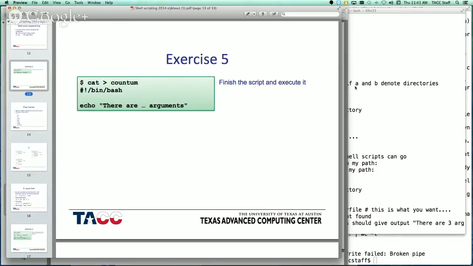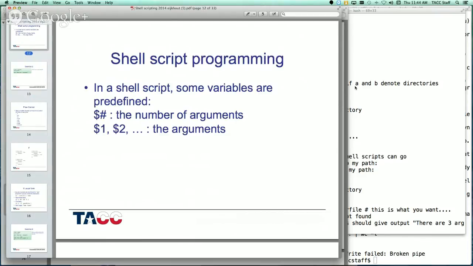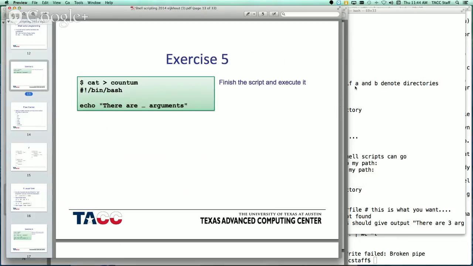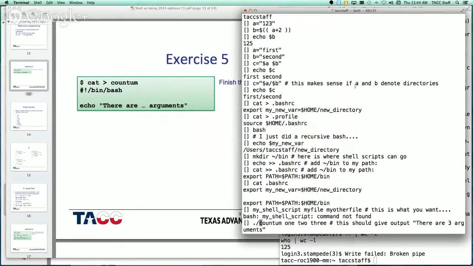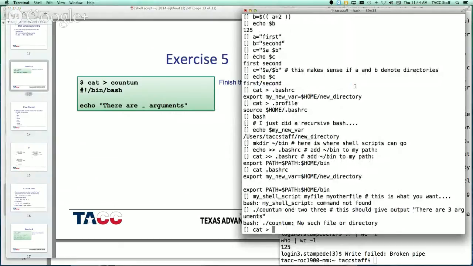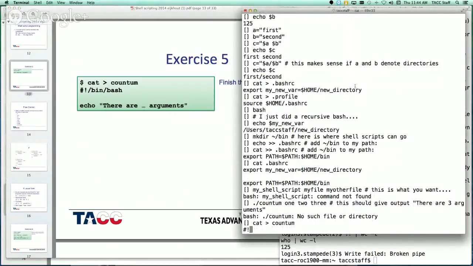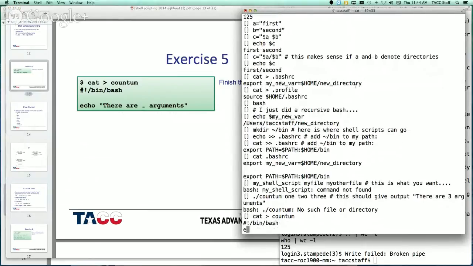Okay, what goes in the dot dot dot? That's the easy part. What do you put there? You want your shell script to say there are so many arguments. How many arguments? $#, right? So #!/bin/bash, echo there are